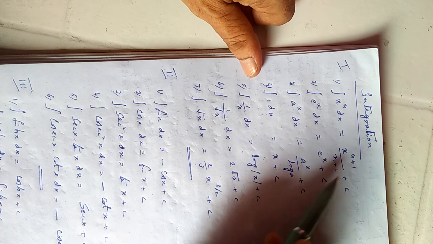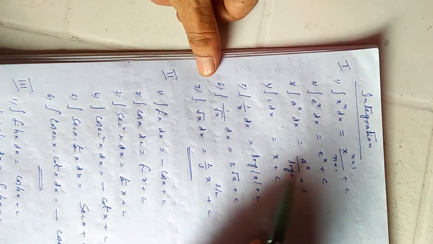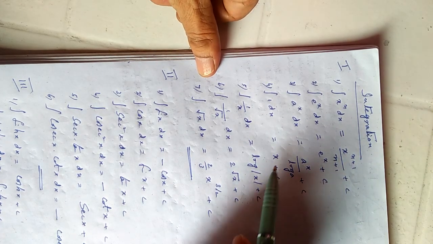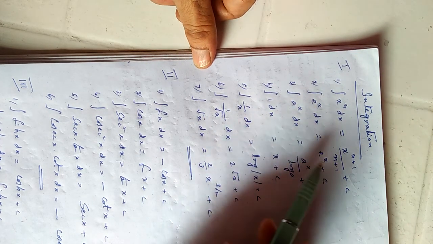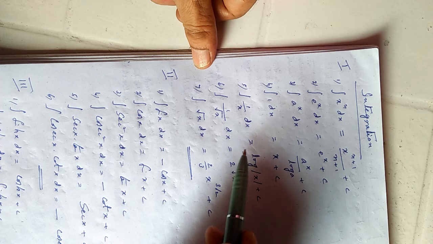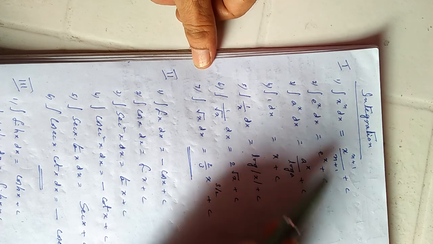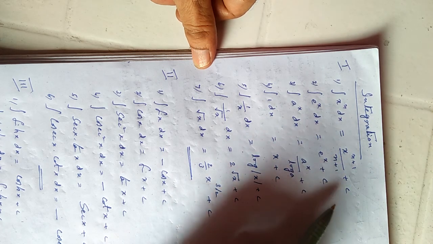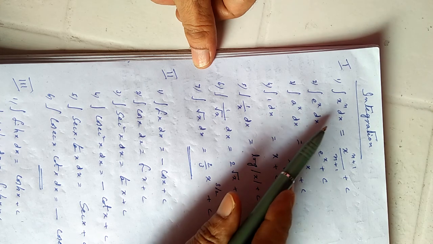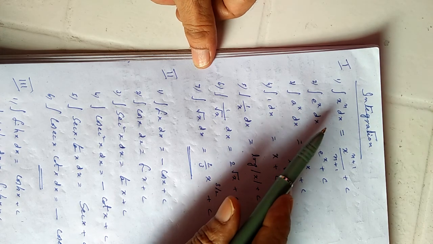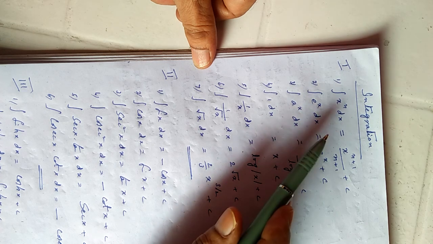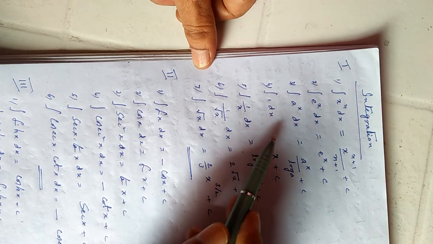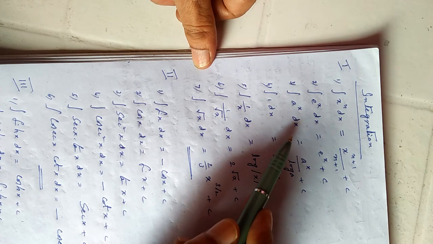Before we start integration 6B part 2, let us remind ourselves of the integration formulas one more time. In the first case we have 7 formulas. You remember, these are very important formulas. Integration x power n dx is equal to x power n plus 1 by n plus 1 plus c. The first 3 formulas involve power values: integration x power n, integration e power x, integration a power x. These 3 are very important, remember them.